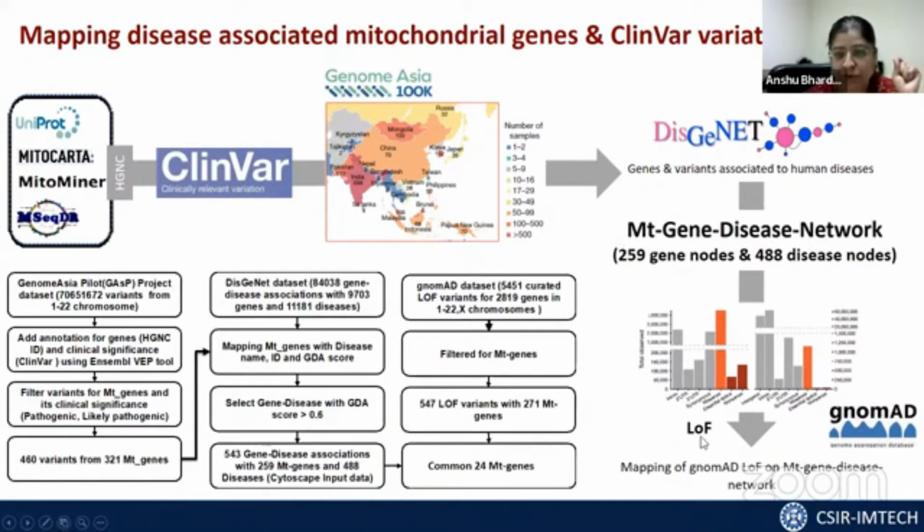In this network, we could also identify loss of function variations from genome data sets. If some of you find it difficult to follow this presentation, you can always write back to me, because there is a lot of background information one needs to know to understand this. The logic that you need to understand is what we are trying to do. We were trying to see whether pathogenic variations reported for the rest of the world are also pathogenic, or also loss of function, in the Asian subcontinent, or particularly for the Indian population, or not.